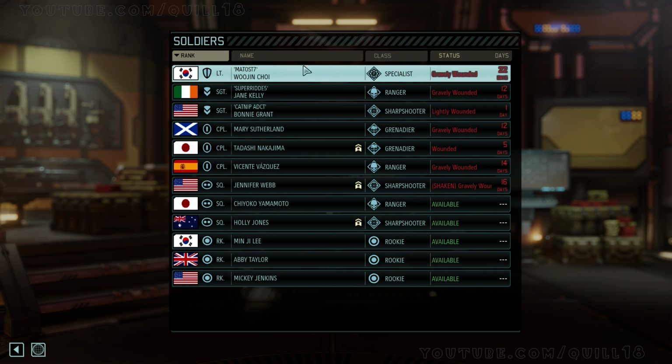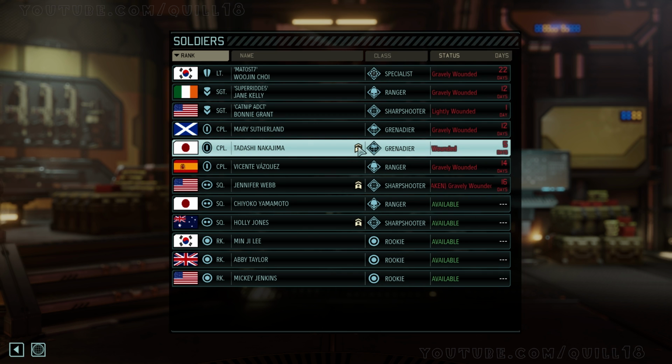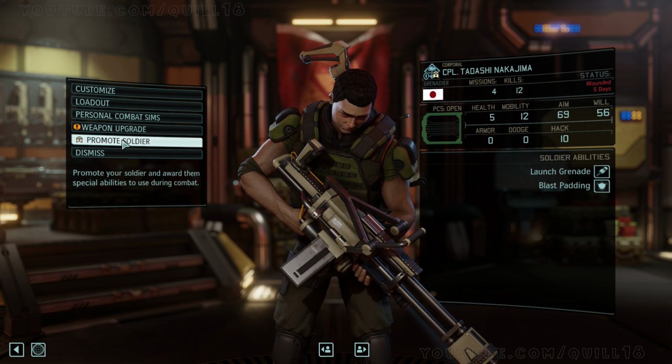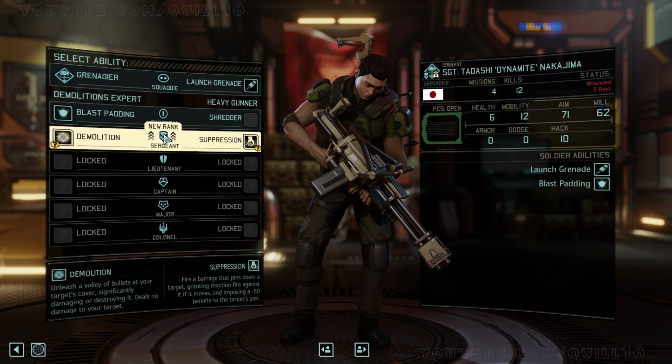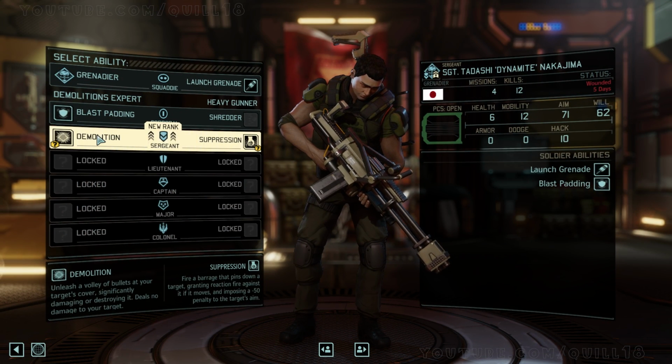And he's already got a nickname, so we're not going to do that. Our Tadashi, our corporal, are you becoming a sergeant? You are becoming a sergeant, so we're going to be able to customize you. So we've got an option here. We've got demolition, which allows us...